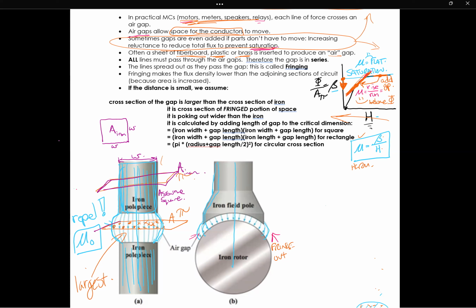And then if I take a cross-section in the middle where the magnetic lines of force are repelling each other, then they'll be out further. So yes, this magnetic line of force would be inside, but this one used to be over here and now it's over here. Same with this one. Used to be over here, but now it's over here. So what we have